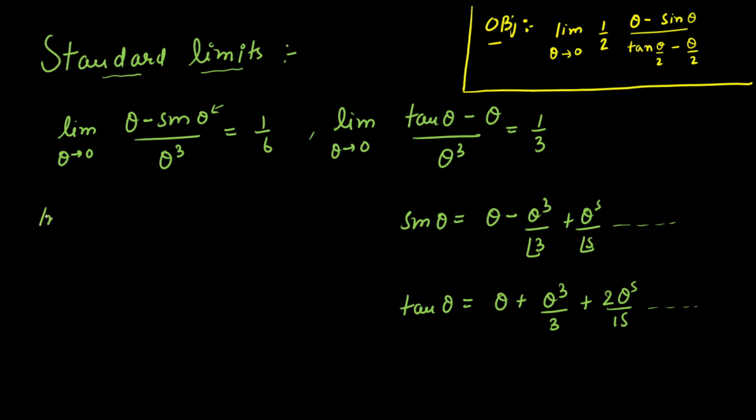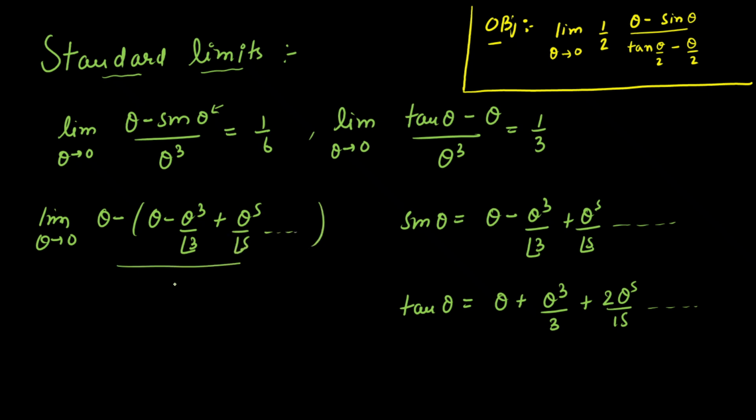So let's tackle the first limit, limit theta tending towards 0, theta minus, now I'm going to put the value of sine theta using the expansion, that is theta minus theta cube divided by 3 factorial plus theta raised to power 5 divided by 5 factorial, and again the sequence goes on, whole divided by theta cube. Now as you can see here, theta and minus theta will cancel out. Now minus of minus is plus theta cube. Again theta cube and theta cube will cancel out. Now I'll get this as